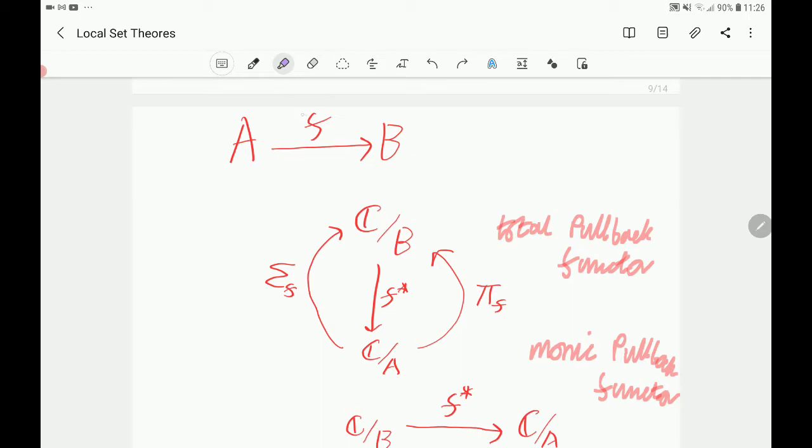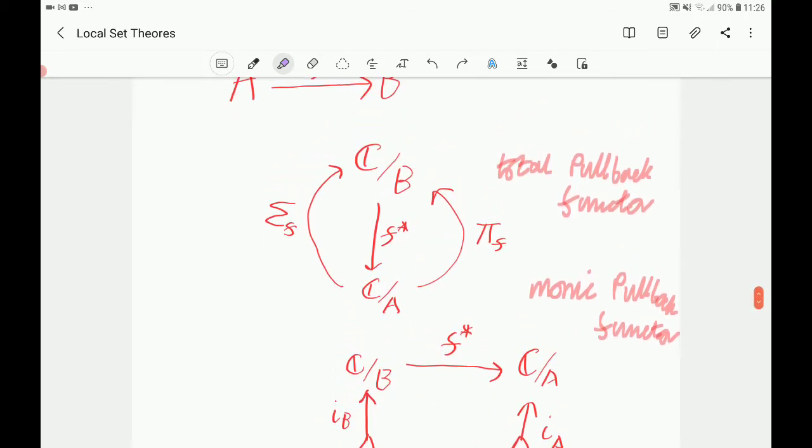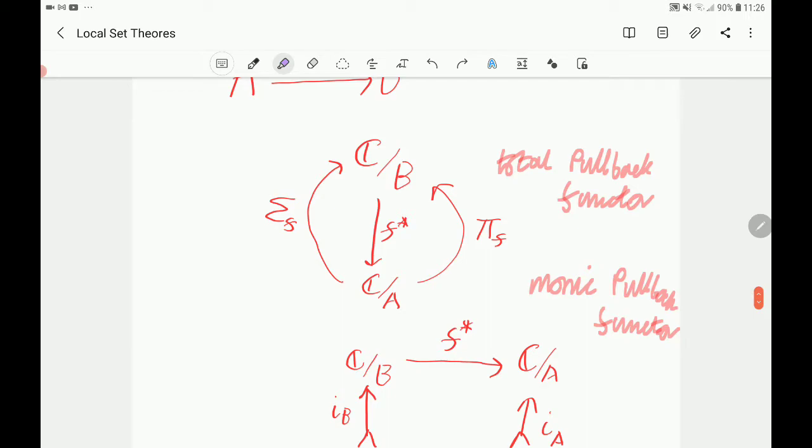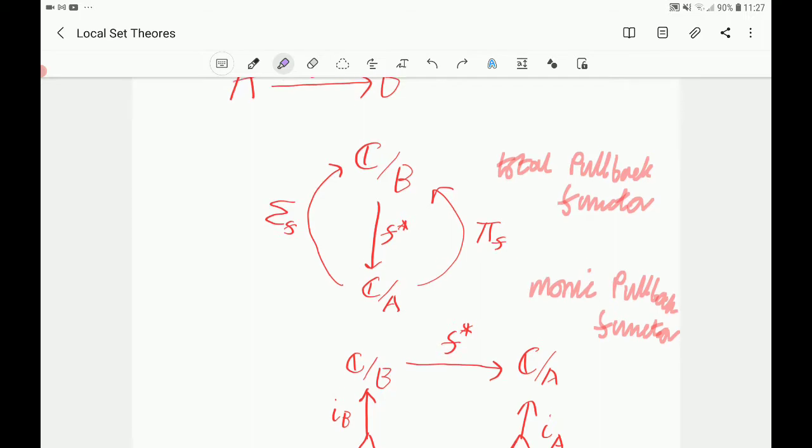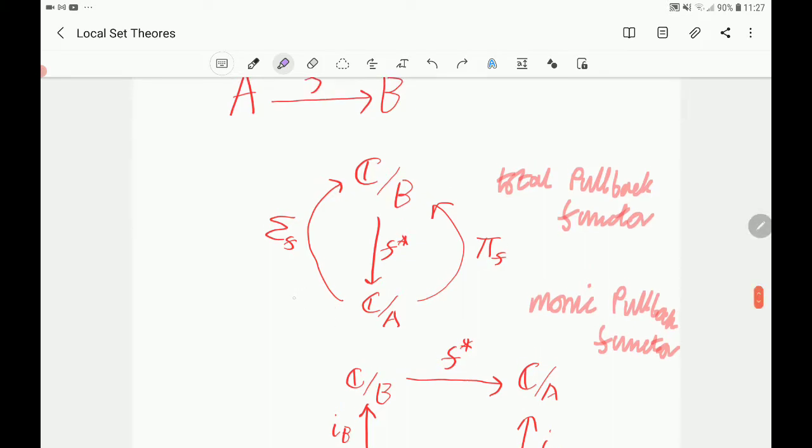So then f is an arrow from A to B, and so we can form f star. And what f star does is it sends an